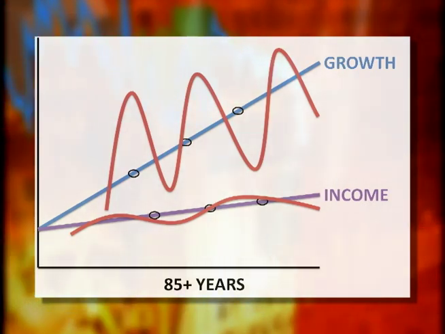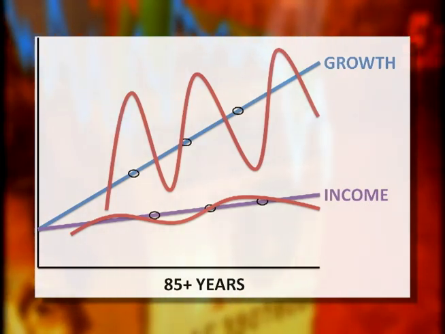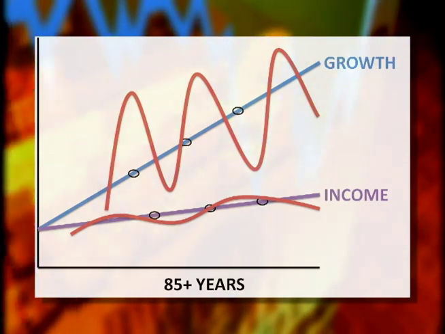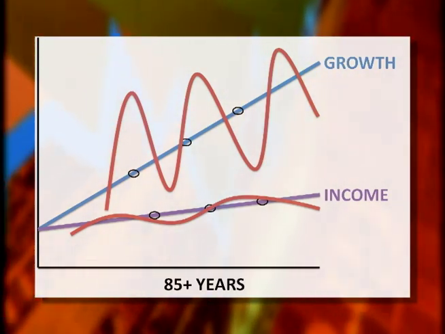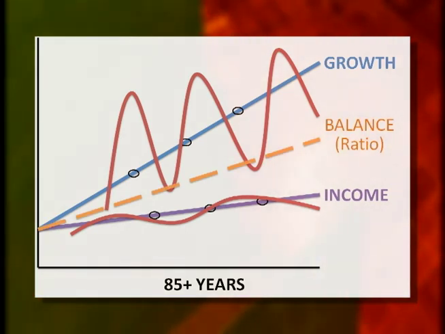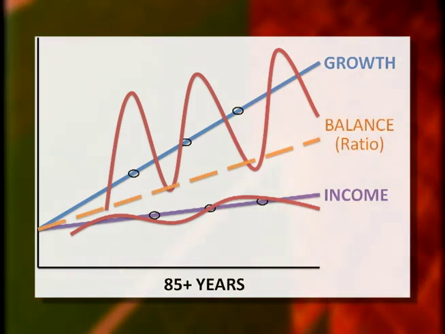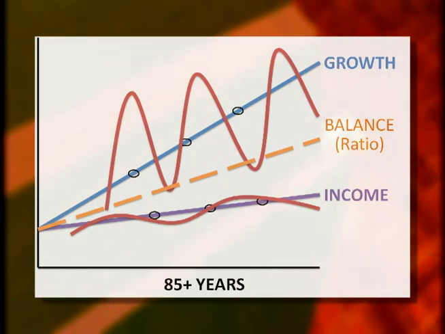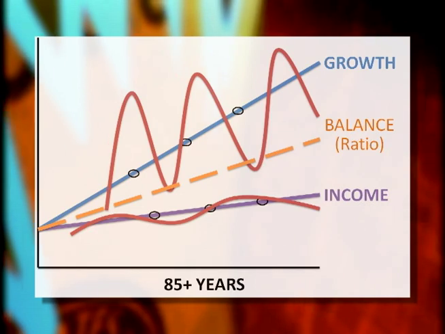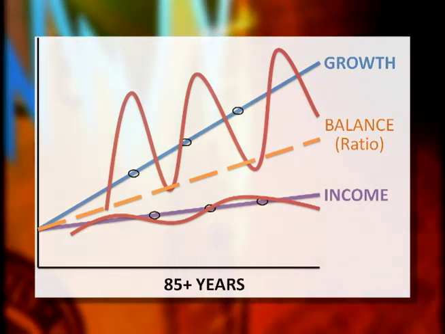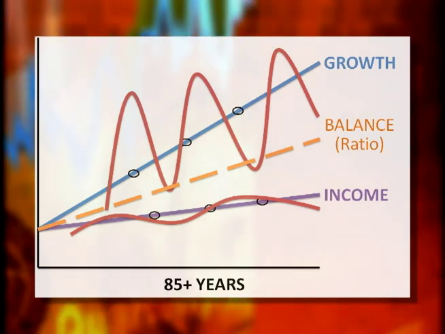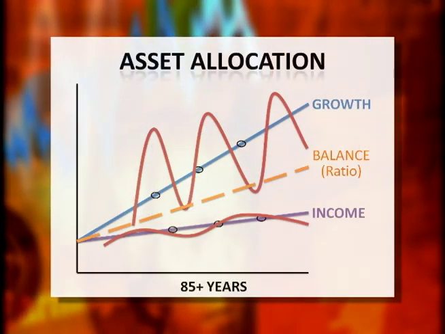Most people eventually find that they can't afford to keep all of their investments in income-oriented investments, and most people wouldn't sleep well at night if they had all of their money allocated to growth investments. What happens for most people is they end up with a mix of investments. They find the right balance of growth versus income investments to help them achieve their long-term financial goals and still allow them to sleep well at night. Finding this right balance, this right ratio, if you will, is a process called asset allocation.